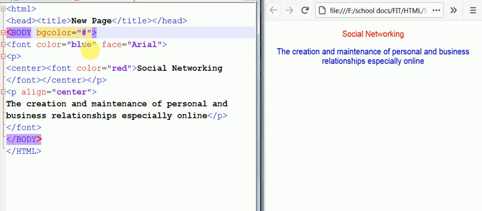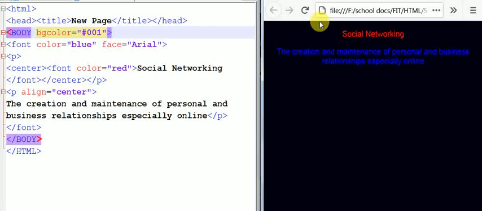After the hash you can write anything which gives a color, like I am writing here 001 and saving it. I don't know what its color is, but as you can see the color changes to this color. Now behind this hash you can write anything like Ram, because every text has some color code.